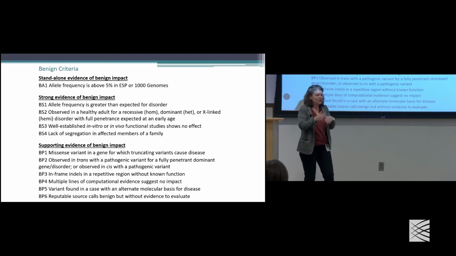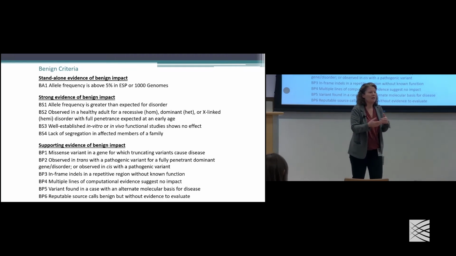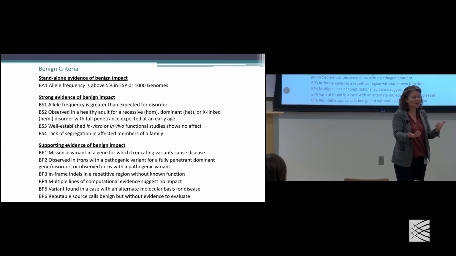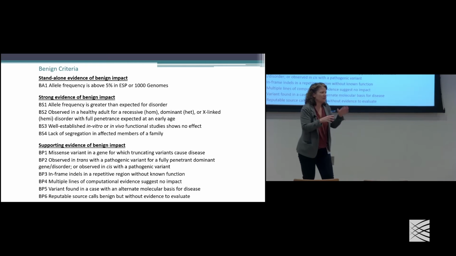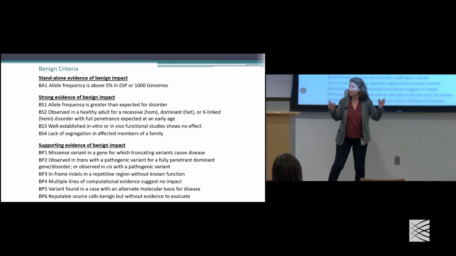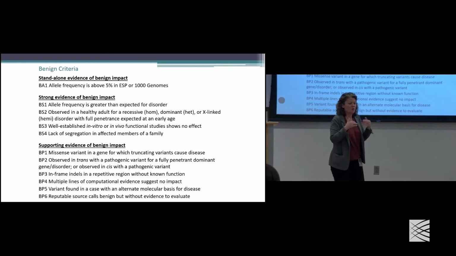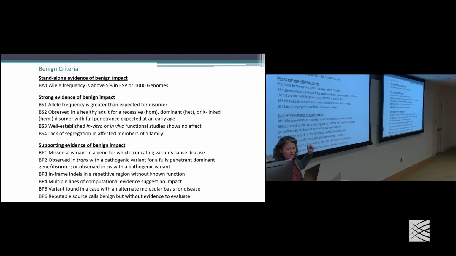Now, there are hypomorphic alleles, and there are times when you really need to look carefully, because there can be some alleles that can even reach 5% allele frequency. And we sometimes see them as these hypomorphic alleles that might lead to recessive disease when combined with a severe allele on the other copy of the gene. So there's a handful of these variants that, despite reaching reasonable allele frequencies, are still disease-relevant. So in this standalone, we always say you have to still check ClinVar and the literature just to make sure there are no claims of a hypomorphic allele that has sufficient evidence. But largely that can be a standalone, but the rest is sort of different types of evidence you have to bring together.